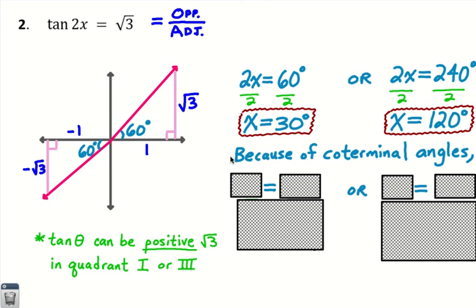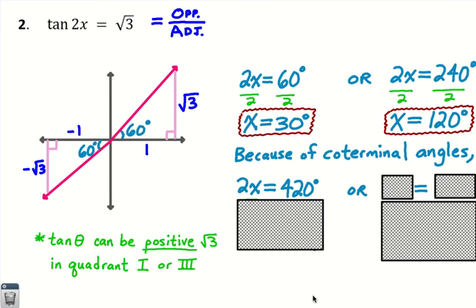But plot twist here, because of coterminal angles, and because we are dividing by 2 to get x, we also have to consider the fact that 2x could equal